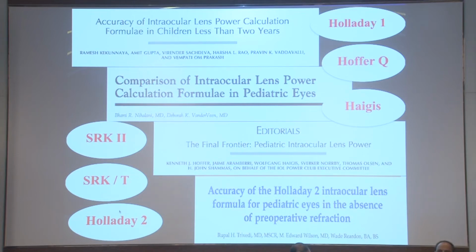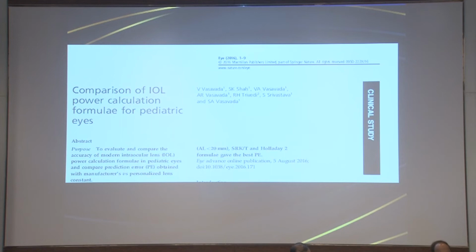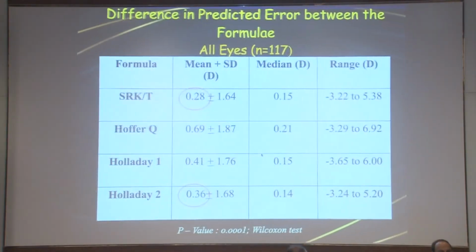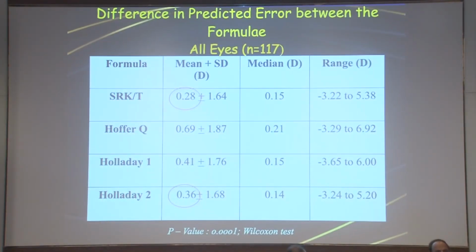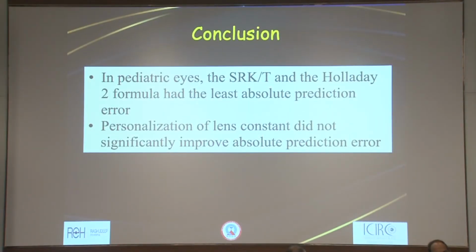So therefore, there is still no consensus as to which is the most accurate formula. And we did our own data analysis, and in our hands, we found the SRK/T and the Holladay 2 to be working relatively better compared to the other formulas. We are also analyzing our data with the Barrett Universal, but at present the SRK/T and the Holladay 2 are